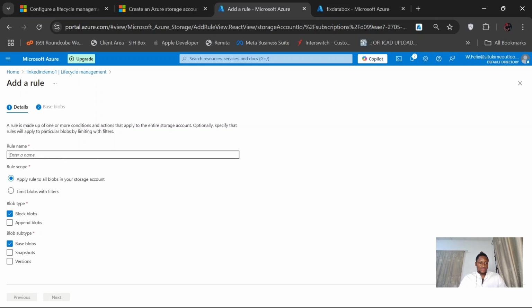So let's call this rule move to archive, and we can apply this rule. You can apply a rule to all blobs in your storage account, that is the whole storage account itself. But one thing you should have in mind is that a storage account can consist of as many containers as possible. And it's possible that in our hypothetical company, we don't want to move data in every container,